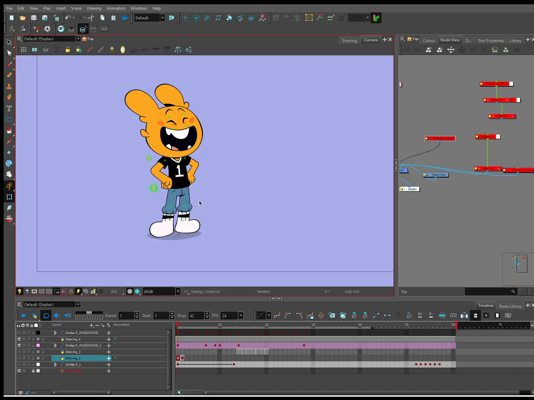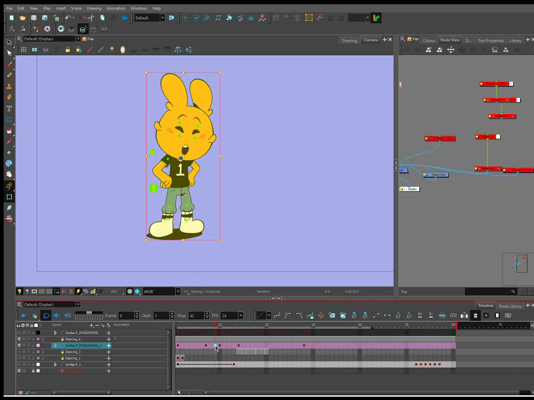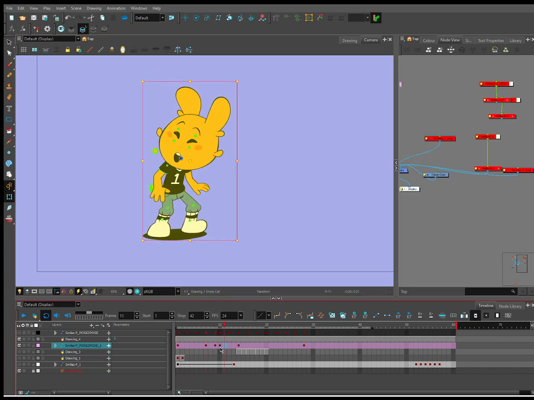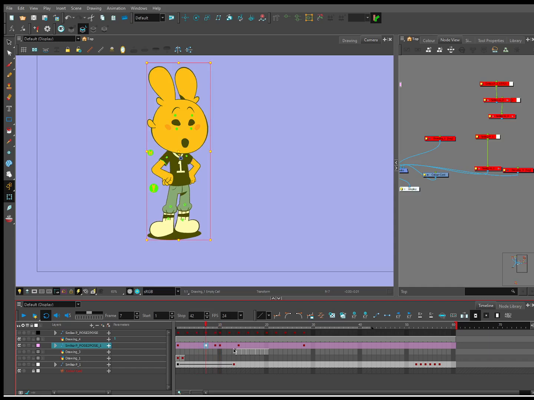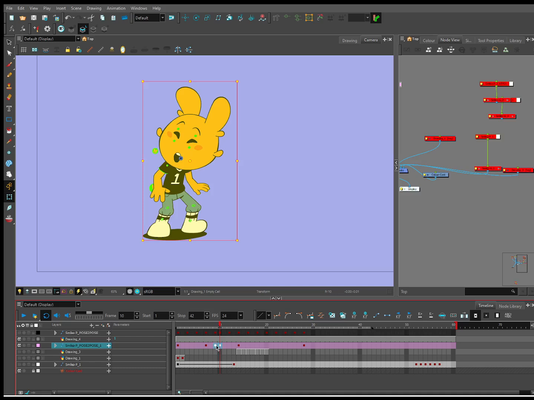And I'll show you a little later on two different examples with different timing. Getting ahead of myself. But we're going to now approach these keys with having the upper body lead. So I'm just going to get rid of these keys because we don't need them. These keys are based on the one before and after, and those are going to be changed. Thus, you don't need them.